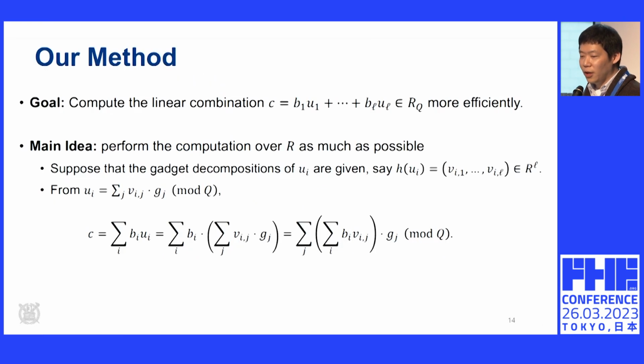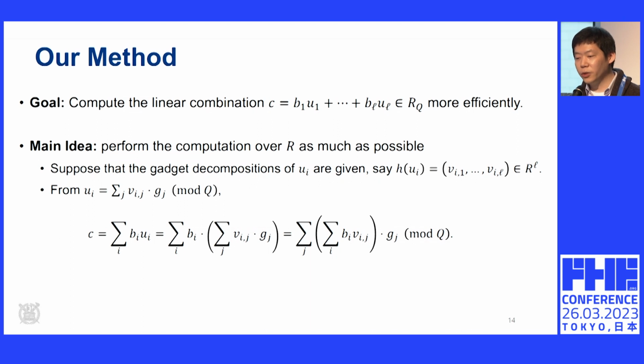All right, finally, I'm ready to explain our contribution. So the goal is to compute this linear combination in a different way, more efficiently. And the main idea is that previously we brought bi to R mod Q and performed the computation in R mod Q. But my idea is to perform the computation over R, the ring of integers, as much as possible. And this can be done by